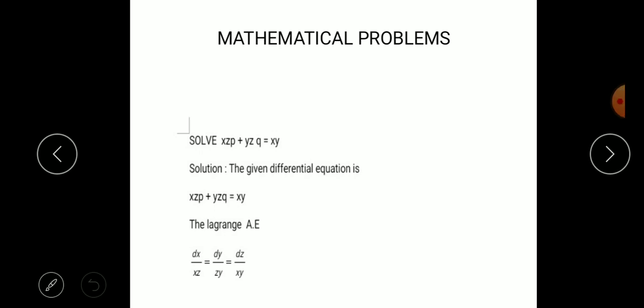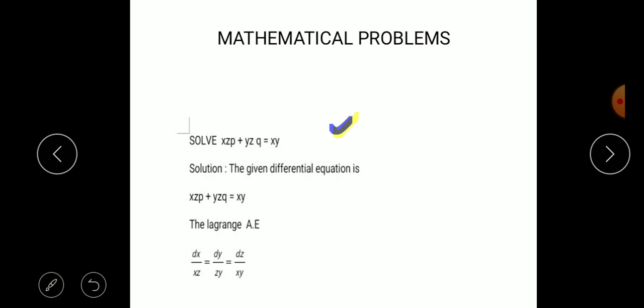Here we have to solve xzp plus yzq equal to xy. So it is clear that the problem is given in the form of... so here xzp plus yzq is equal to xy. So clearly this equation is given in the form of